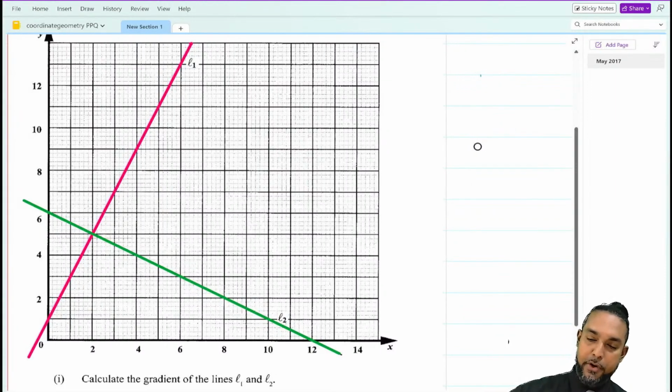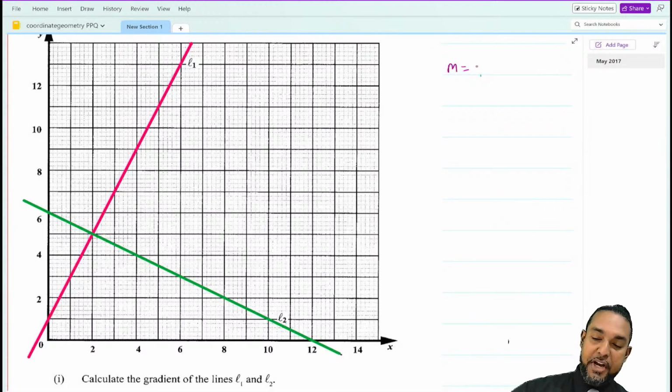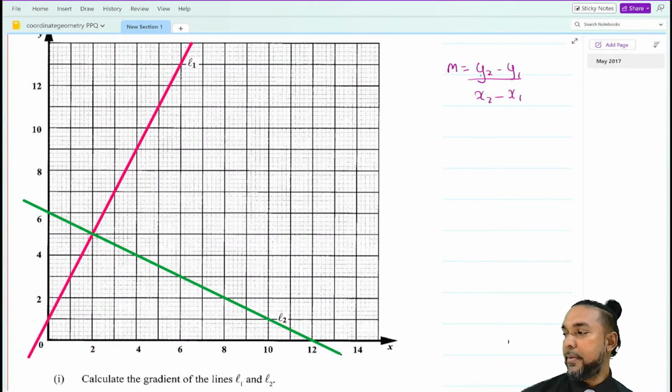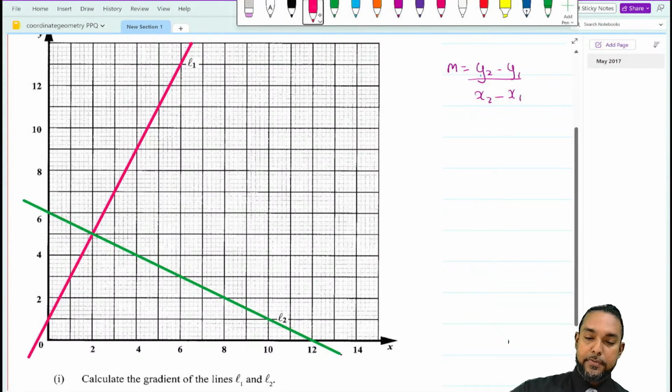So the formula for gradient, as we know, gradient is notated as m. And the gradient is the change in y, so y2 minus y1 divided by x2 minus x1. So what it means is that we need 2 points on each line and the coordinates there, right? So I'll do L1 as an example, and then let you guys try L2, okay? So for L1,